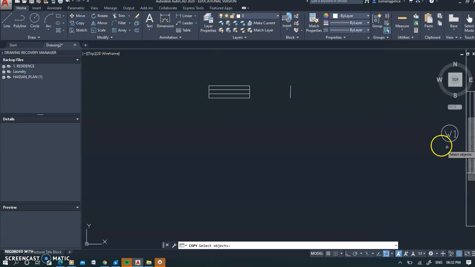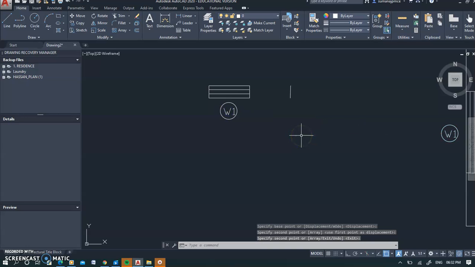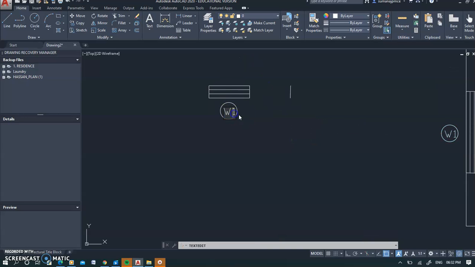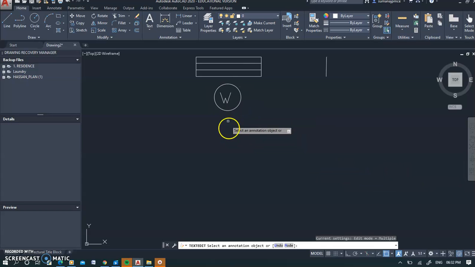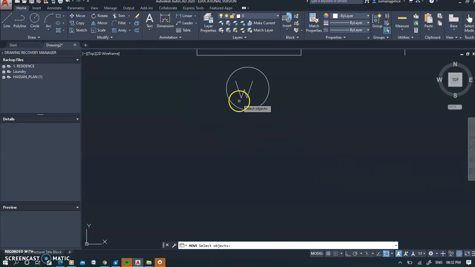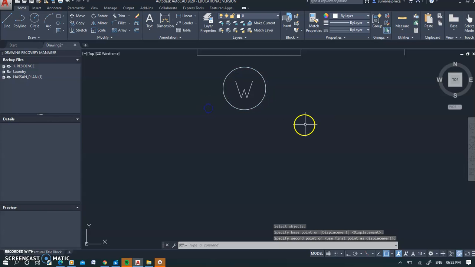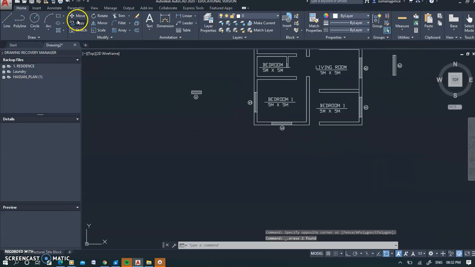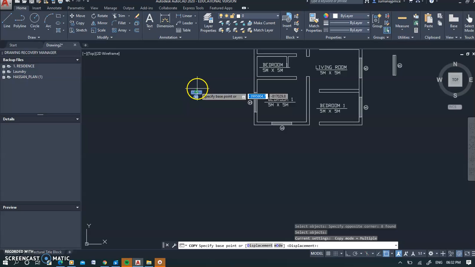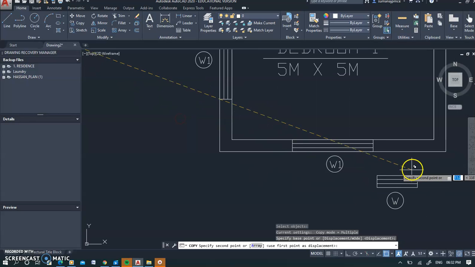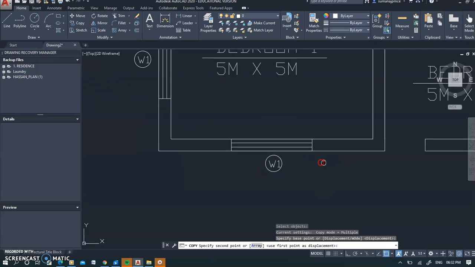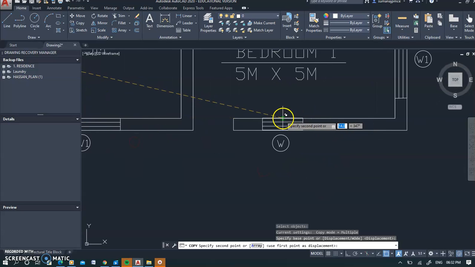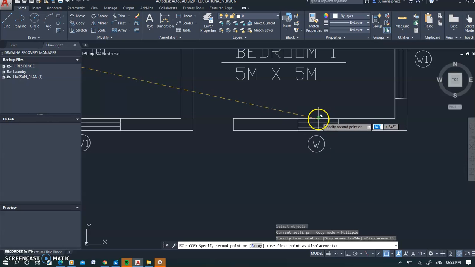I can copy this one from here to here. Okay, I can rename it as W, and I can make it a little cleaner by moving the circle. Yes, so I have this window of 1 meter ready, and I can place it wherever I want. So copy this window, hold on to the midpoint, and let's say we want one in the veranda close to the door. It could be anywhere. You could even measure and decide where you want to place it. Okay, I will right now place it in the,